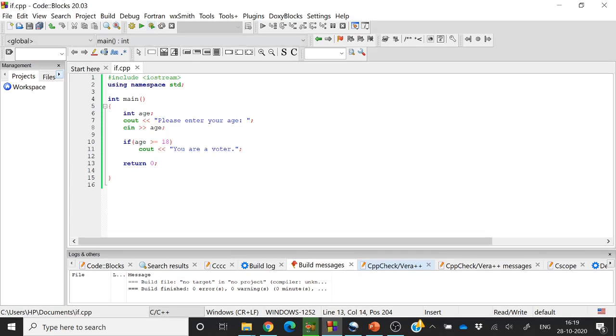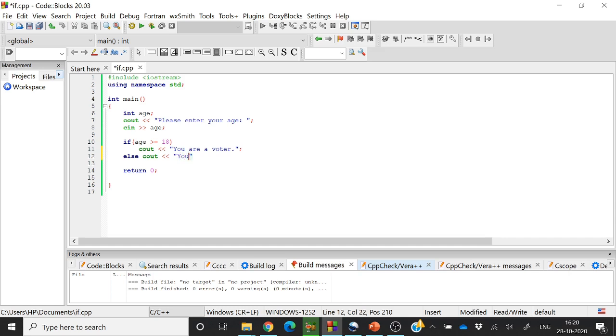So this was a simple if statement without an else. It specifies what will be done if the condition is true. It does not specify what will be done if the condition is false. We can specify that using the corresponding else statement.